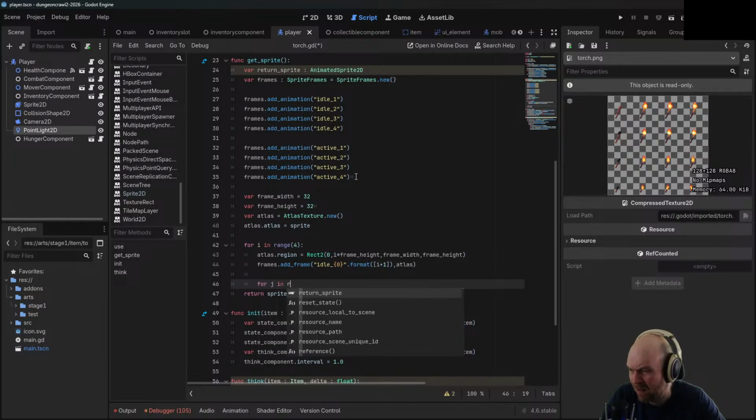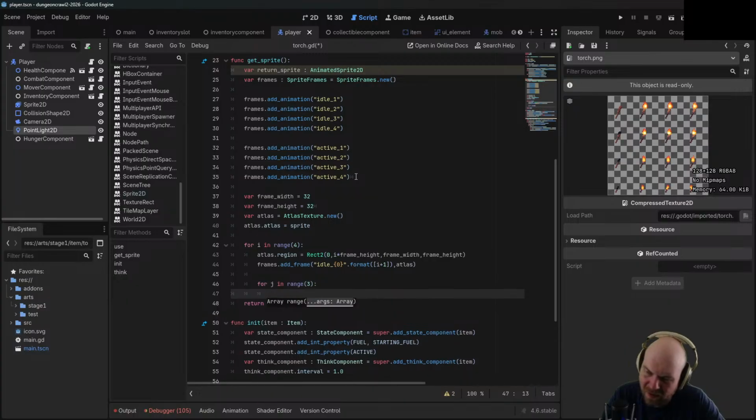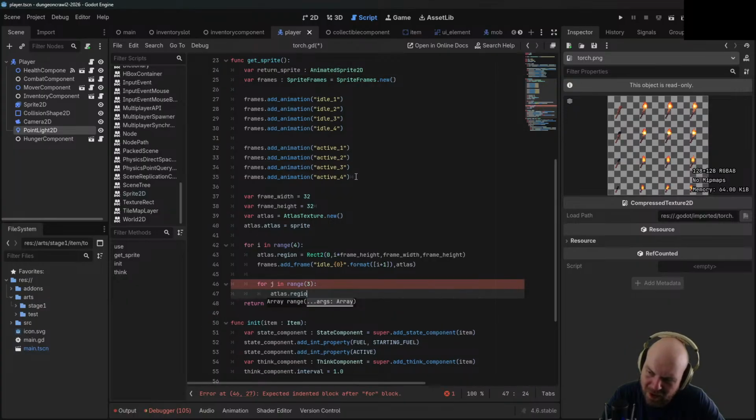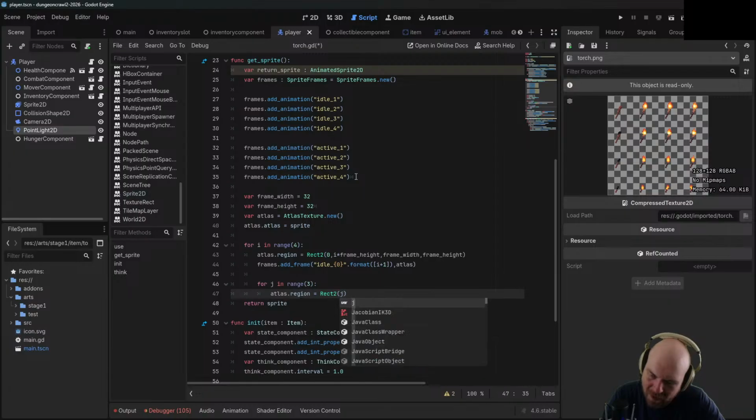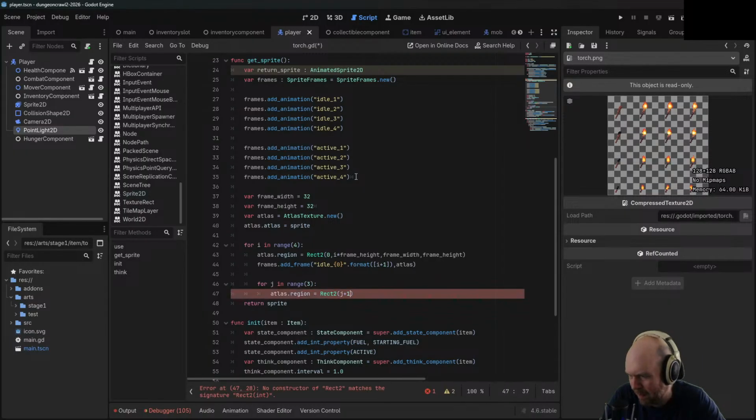For j in range 3, atlas.region equals rex to j plus 1 times